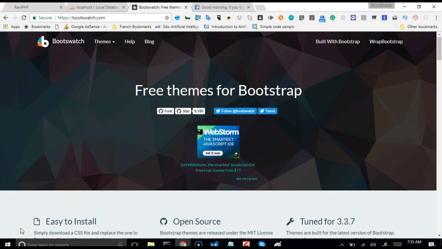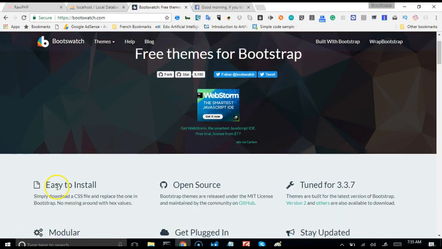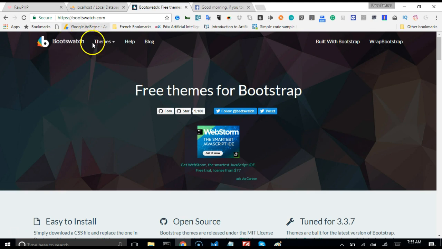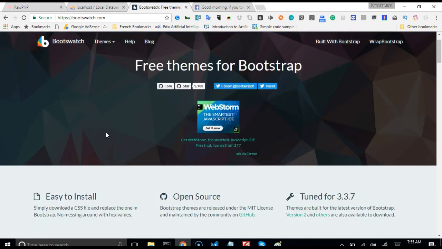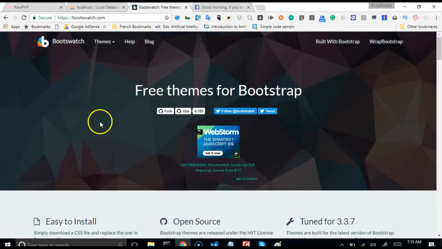In this tutorial, we'll look at how to customize raw PHP. Raw PHP makes use of a very powerful front end called Flat UI. Flat UI has different designs. It's kind of built on top of Bootstrap. If you know Twitter Bootstrap, Bootstrap is